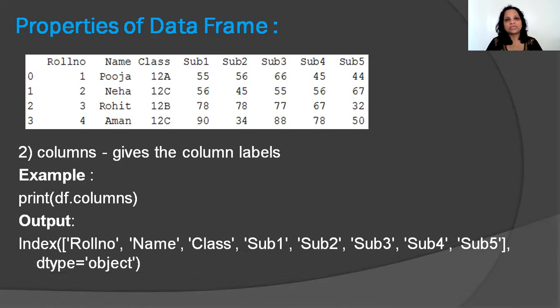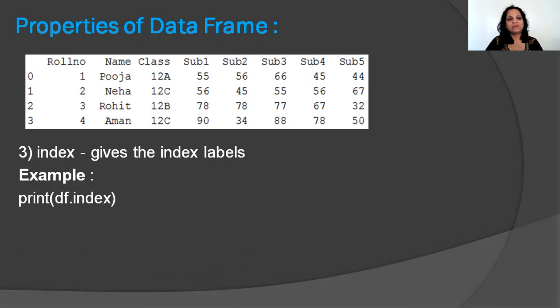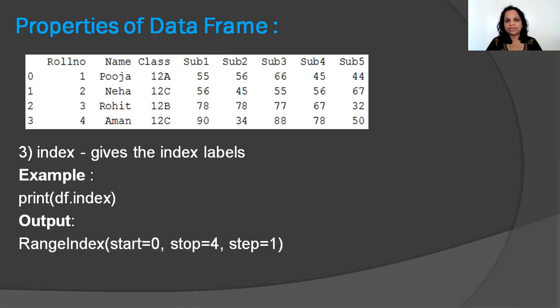Here, I'm only going to be getting the column labels. And in the next one, we will see that I'm only going to be getting the index labels, that's the row labels. Because here it was generated automatically, we get that range index function, which says it started at 0 and stopped at 1 less than 4, and step value is 1. And like I said, if you have given some row labels, it would show you those row labels along with the data type. Okay, so axis gives you both the indexes, columns gives you only the column labels, and index gives you only the row labels.